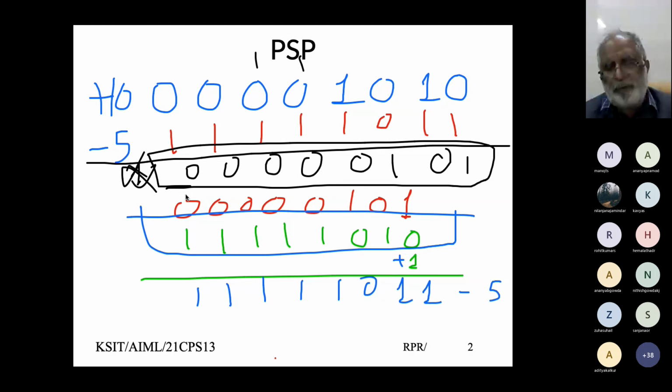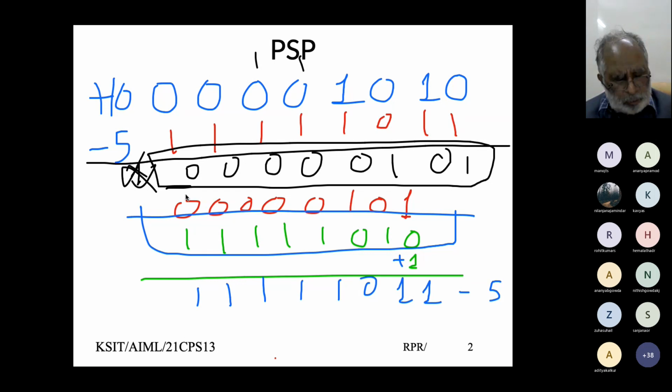So just to repeat, integers are represented as binary numbers. The most significant bit, that is the leftmost bit, determines whether a number is positive or negative. And for negative numbers, we represent the number as 2's complement.